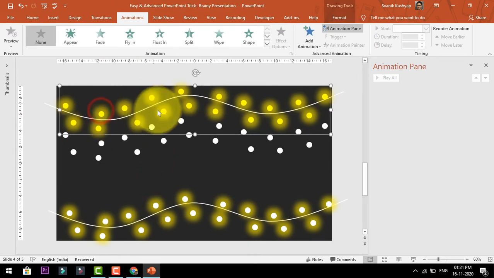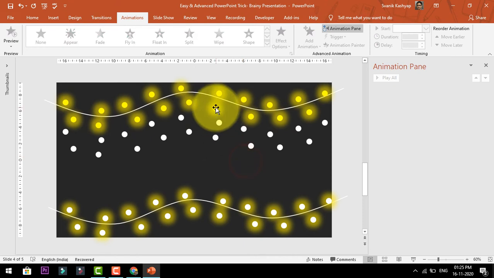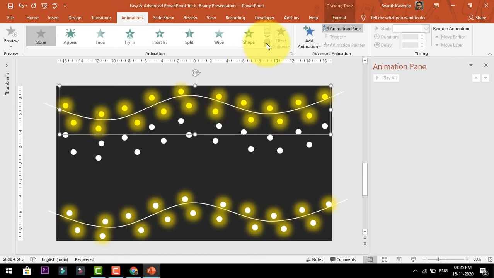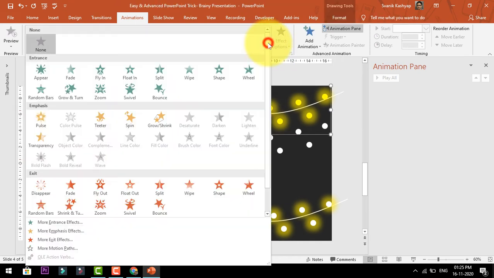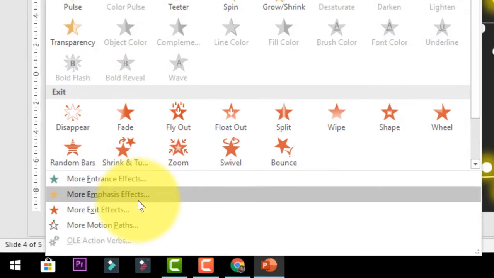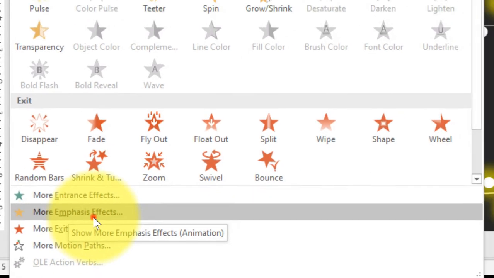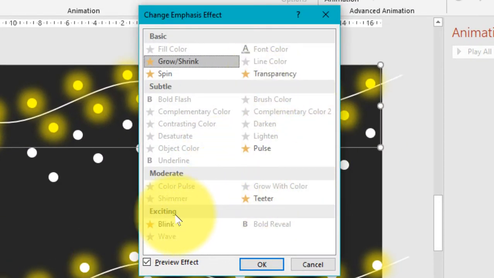Now we're going to select these yellow circles and go in the animations tab, and we don't want any animation from here. I will go under more emphasis effects, and from here go under the exciting option and choose this blink animation.